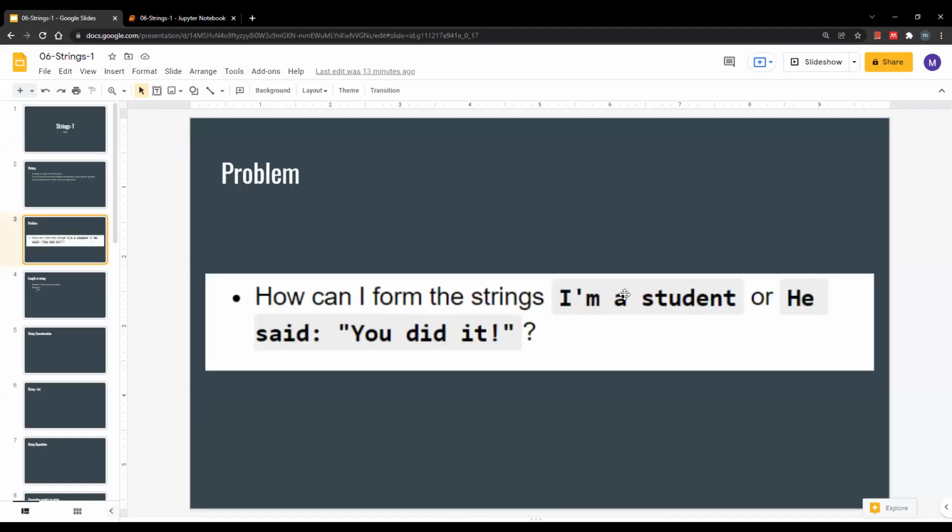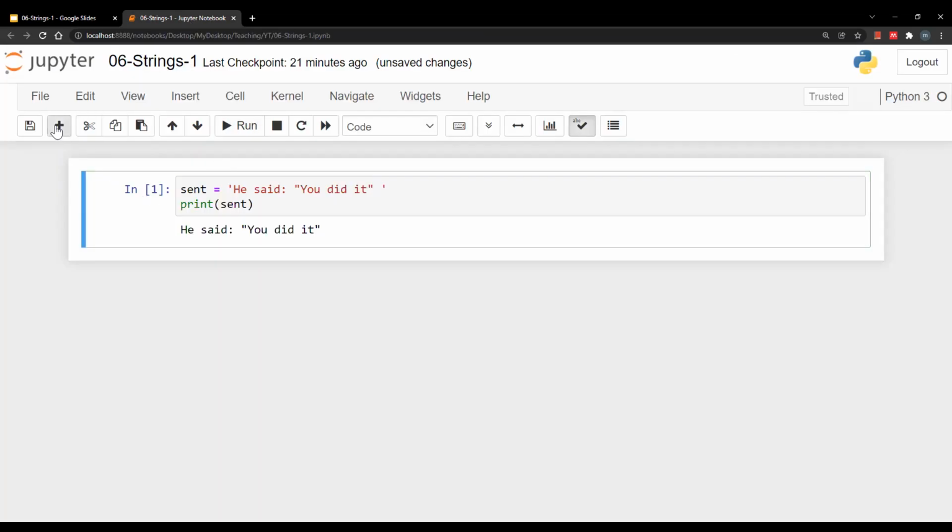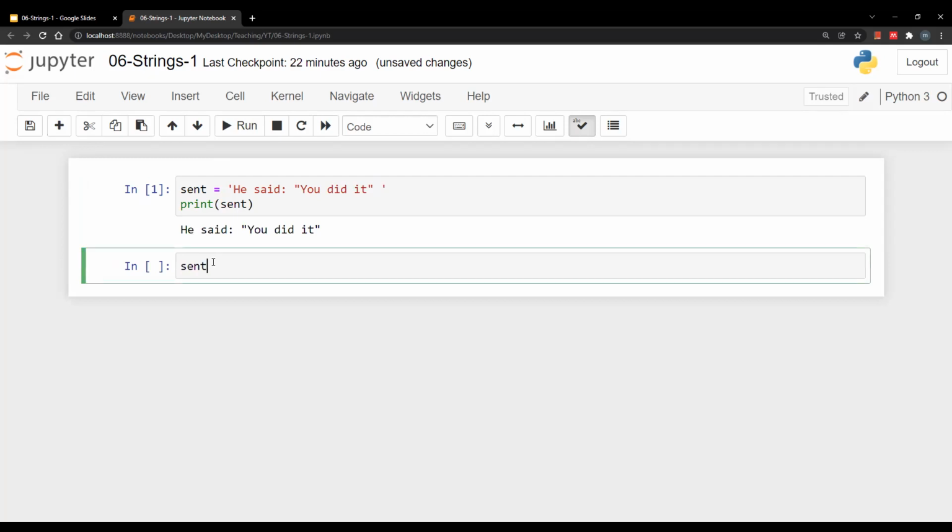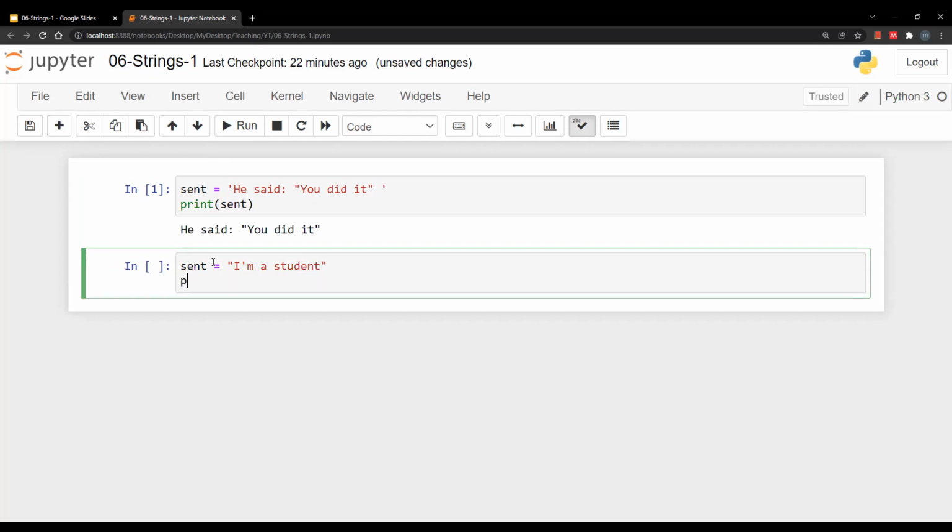Similarly, in the second example, if I want to write "I am a student", what do I do? You basically use double quotes, because I am using a single quote inside. So I will write my string with double quotes: I am a student. And I can just print the variable and it will show